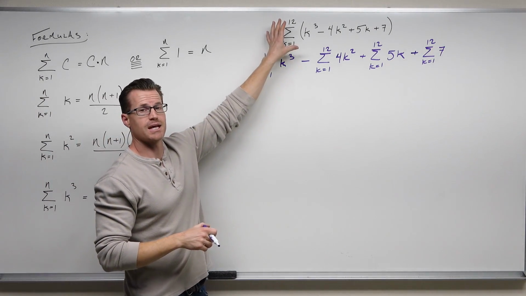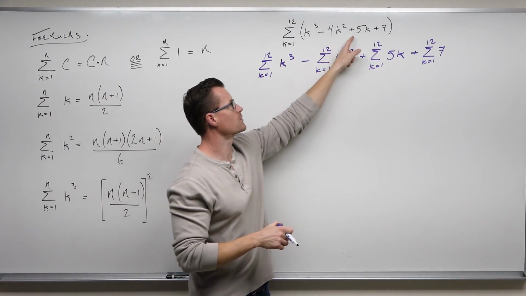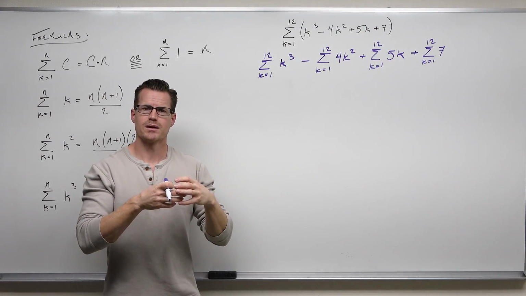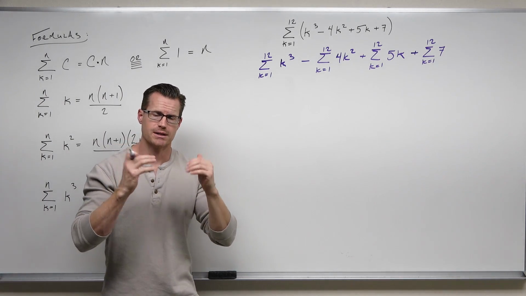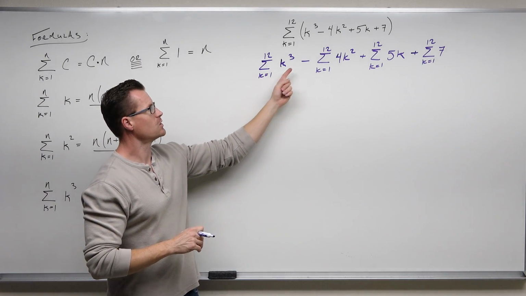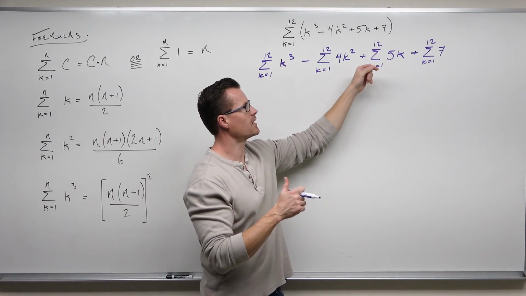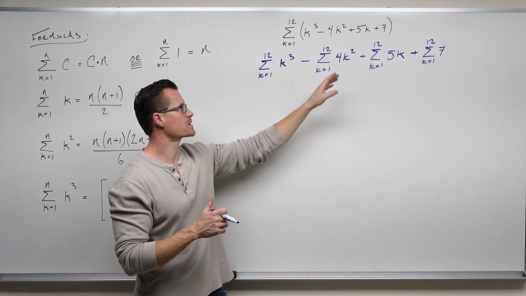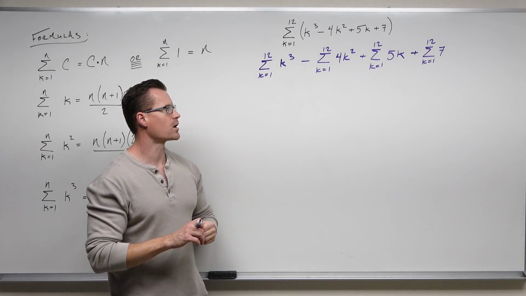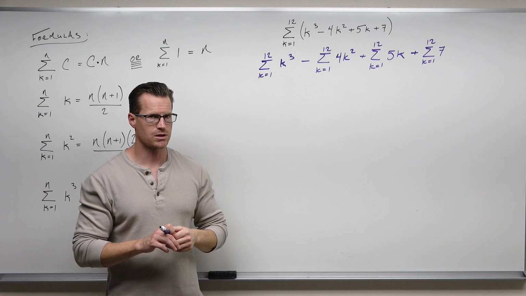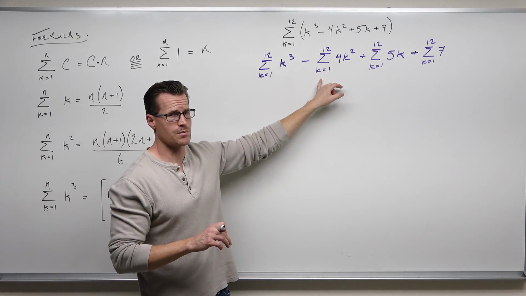So this series can be represented as 1, 2, 3, 4 different series because I had 1, 2, 3, 4 different terms, and we can break that up and we can associate it, group it by addition and subtraction. So k cubed, okay, minus 4k squared, got it, plus 5k, cool, plus 7. You'll also notice I'm keeping the subtraction and the addition, that's fine. We want to make sure that we do understand what's going to happen later, though, that I'm subtracting whatever this gives us. That is important.